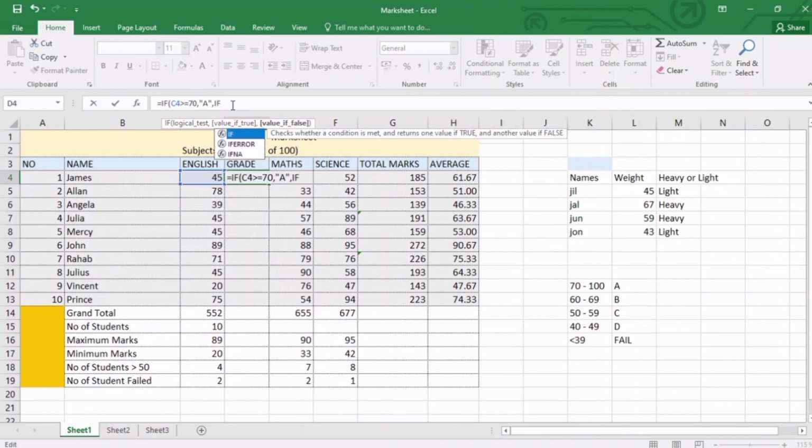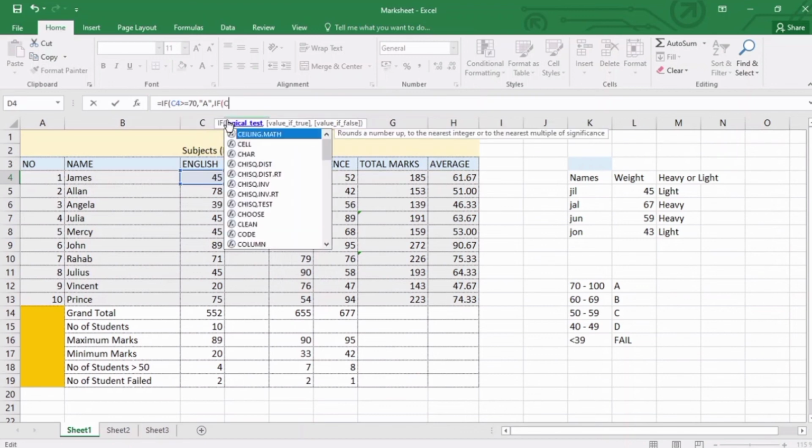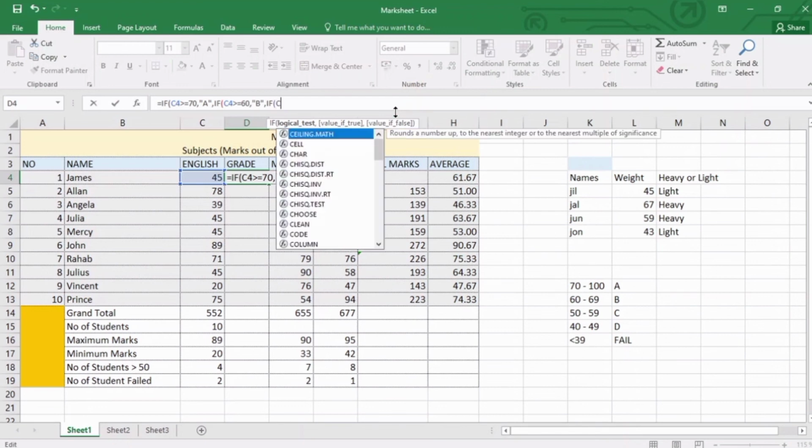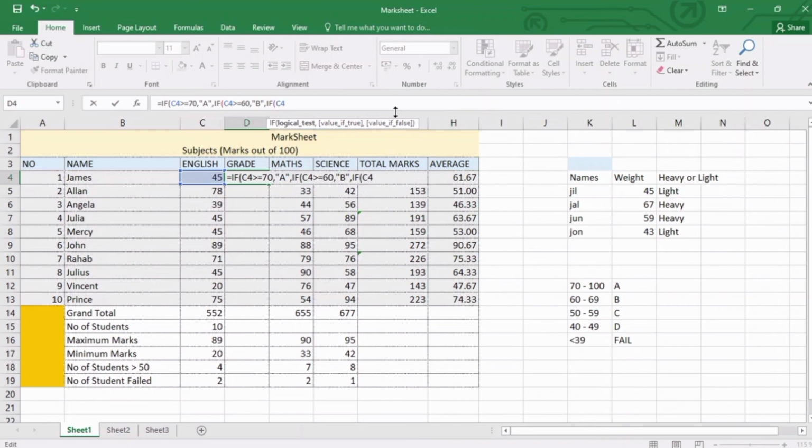This is a nested IF, again C4 is greater than or equal to 60, you're going to say that grade is B, in speech marks, comma, IF C4 is greater than or equal to 50, comma, the grade that you want to assign is C,